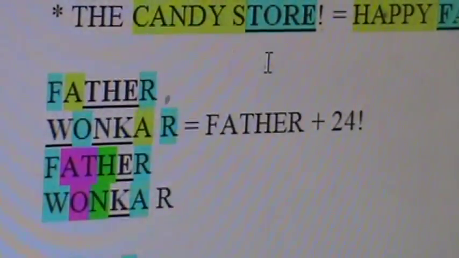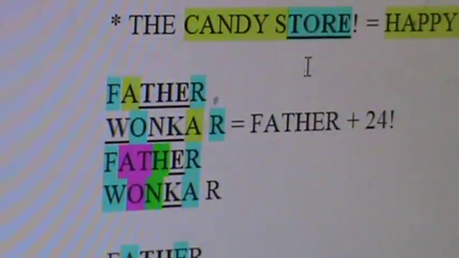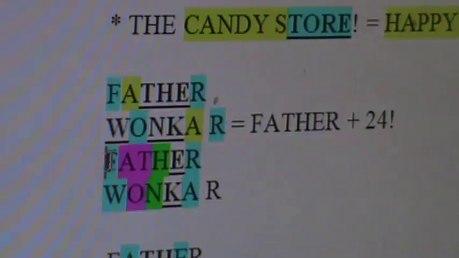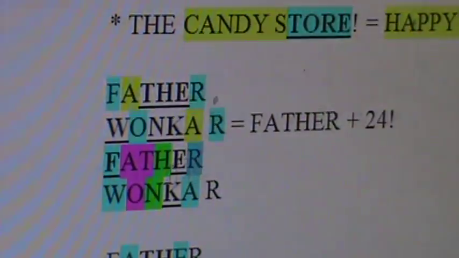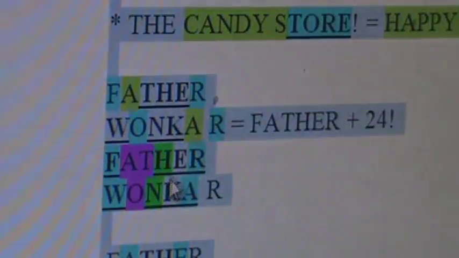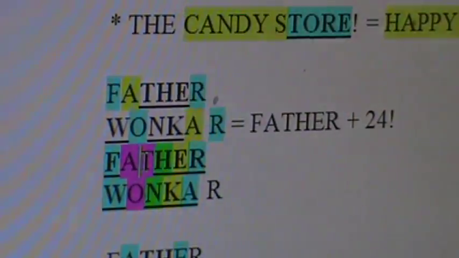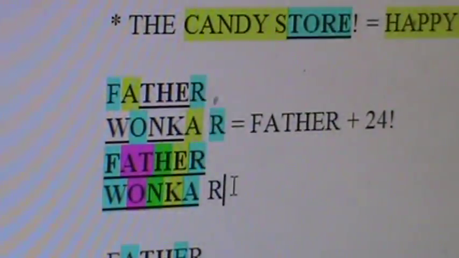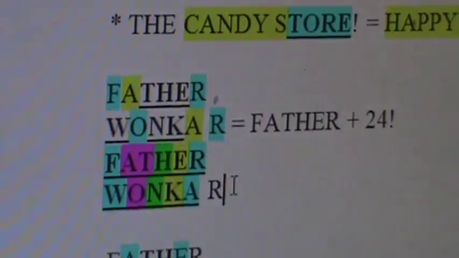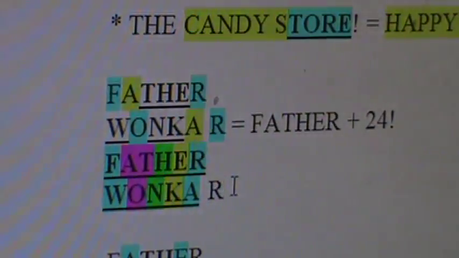This is so cool. Now, it's really cool because Willy divides by 3, so it maintains offset with Wonka for Father. I'm so excited I could... So this is so cool. So the bookends equal the same thing, 24. And then, this is glaring, the EK differ by 6. The HN differ by 6 in the same direction. And then the AT is 6 points higher than the O in the opposite direction. It's so perfect, it's painfully obvious. Father Wonka. Oh yeah, that one felt good to get out.